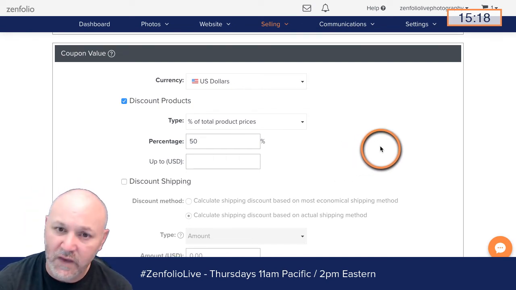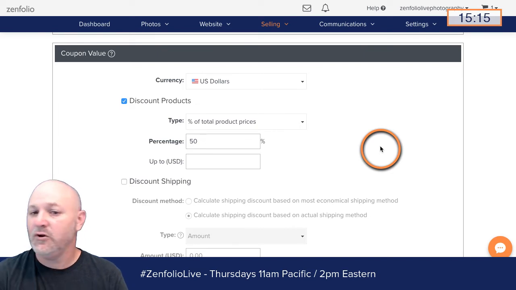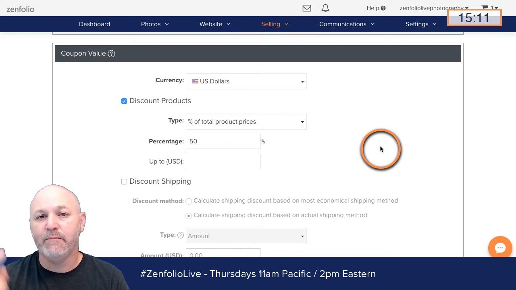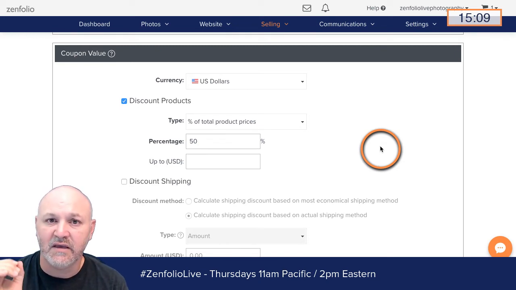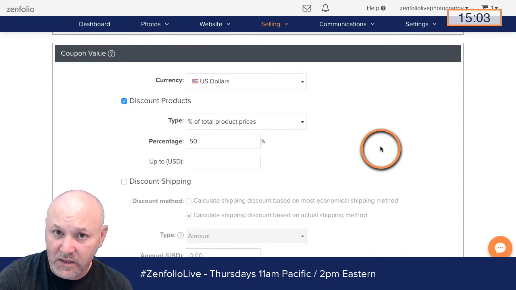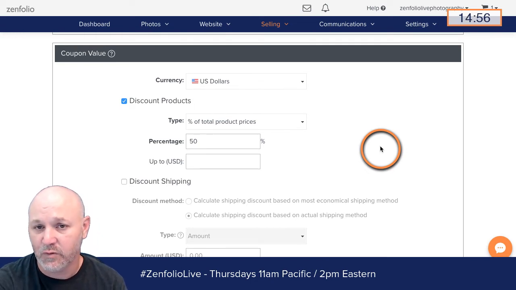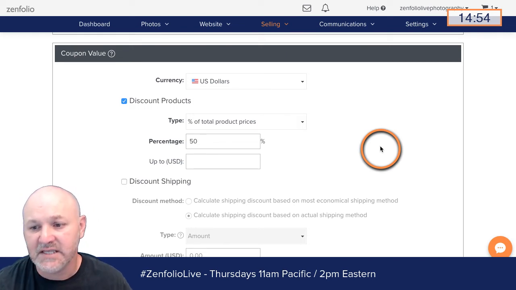Now, the other thing is that if you don't want to mess around with the coupon, you could tell them that if they buy 2 albums, they're going to get a $150 refund. And so after they buy the album, if you have order approval turned on, there's actually a process where you can go in and add a discount to an order. And what that does is that refunds your client as that discount.